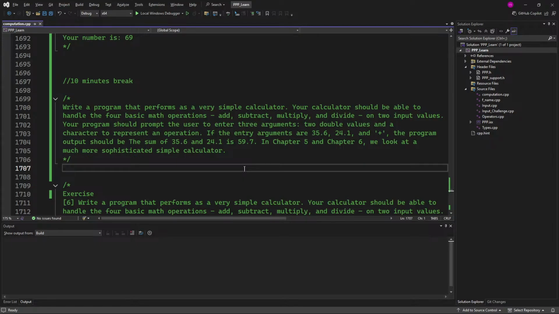Okay, so write a program that performs a very simple calculator. Your calculator should be able to handle the 4 basic math operations: add, subtract, multiply, divide on 2 input values. The program should prompt the user to enter 3 arguments, 2 double values and a character to represent an operation. If the entry arguments are 35.6 and 24.1 and plus, the program output should be the sum of 35.6 and 24.1 is,